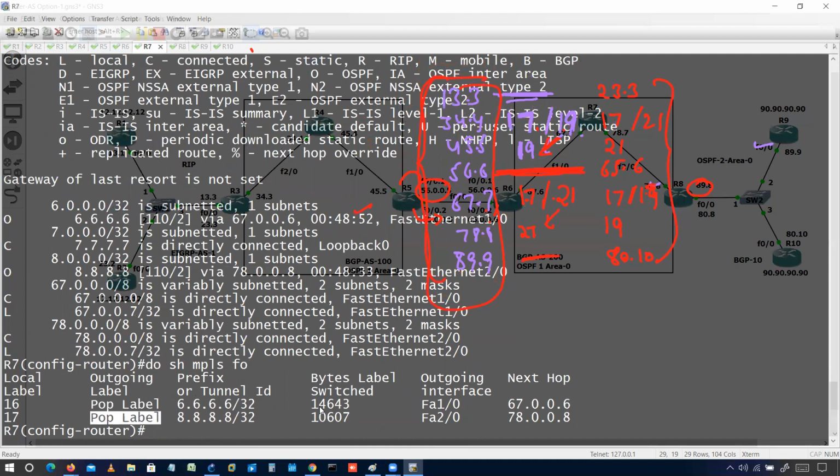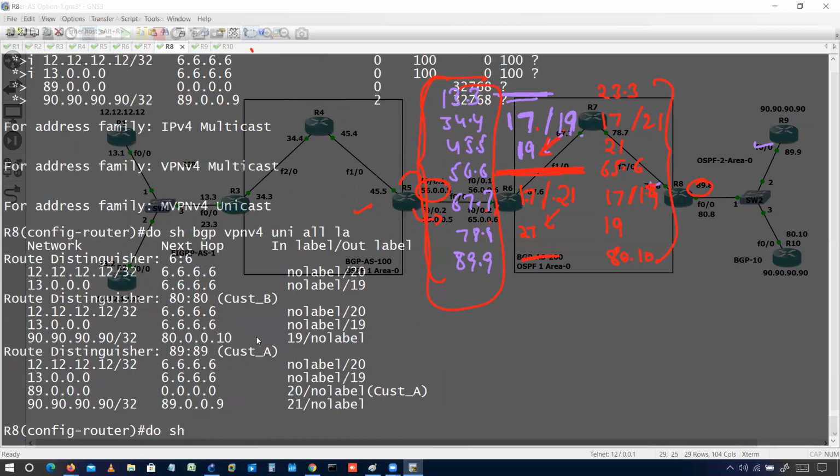It will pop the label and send it to S2, all good. And for this one there is no label, it will see 21. Sorry, 19, 90.90.90.90. That is also fine.